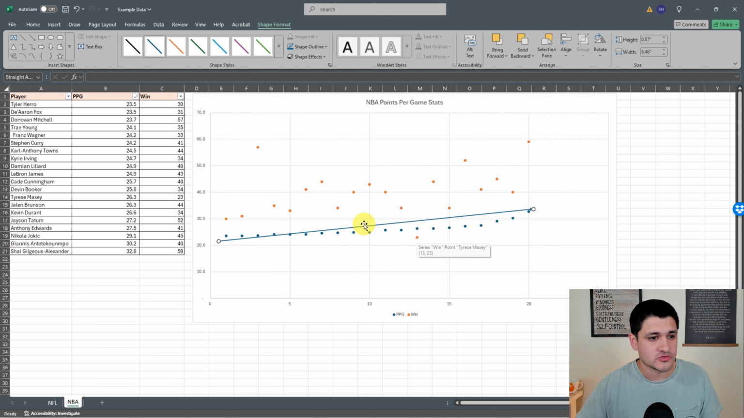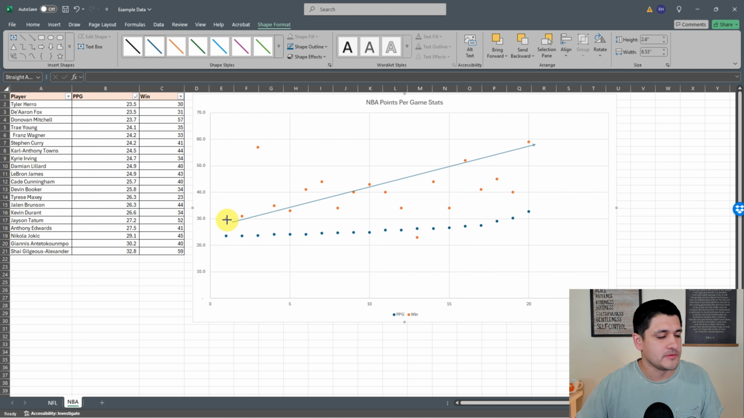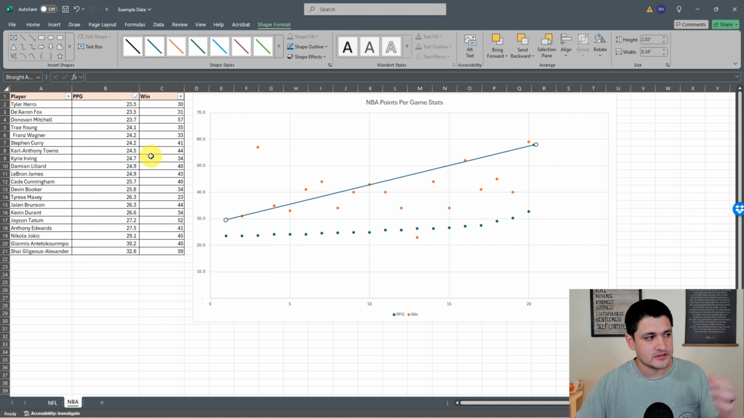So that's an outlier as well. There seems to be more of a correlation here based on the number of wins and the points per game for the player. Now, I will say, again, speaking into the data, if I were to present this to somebody, there's a few